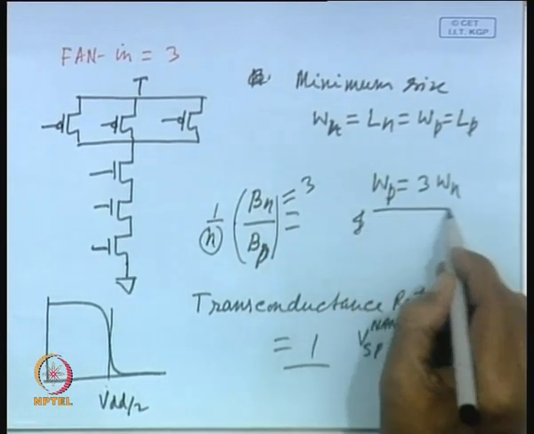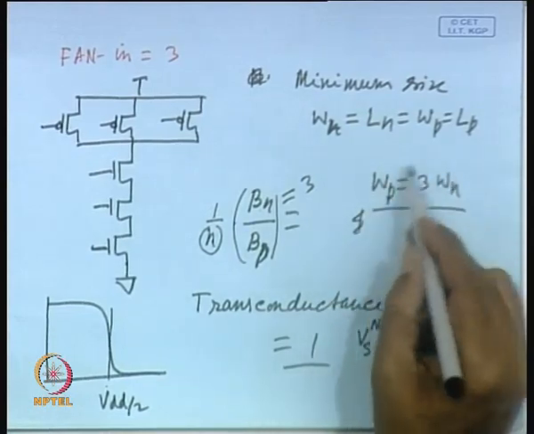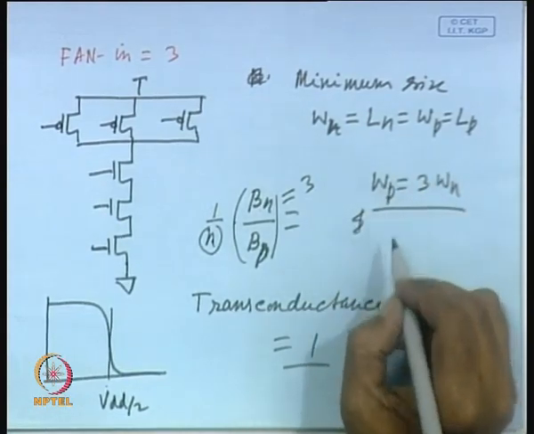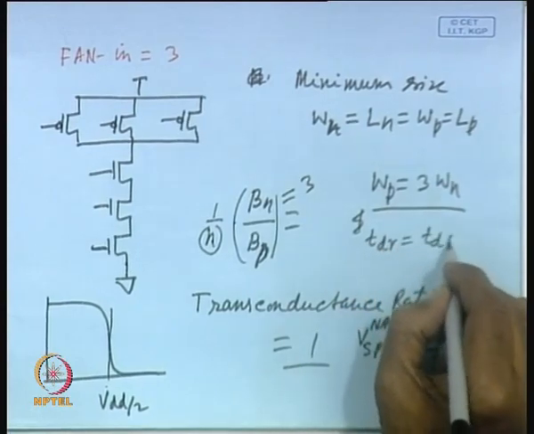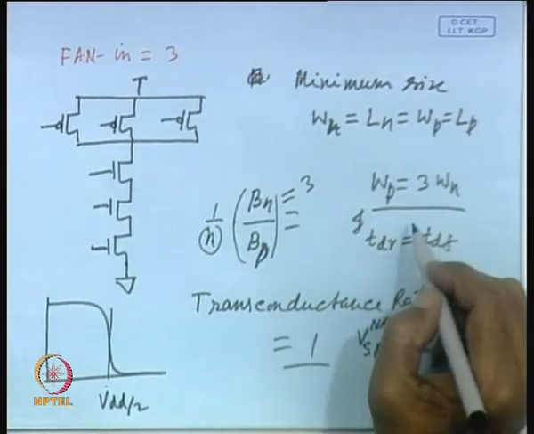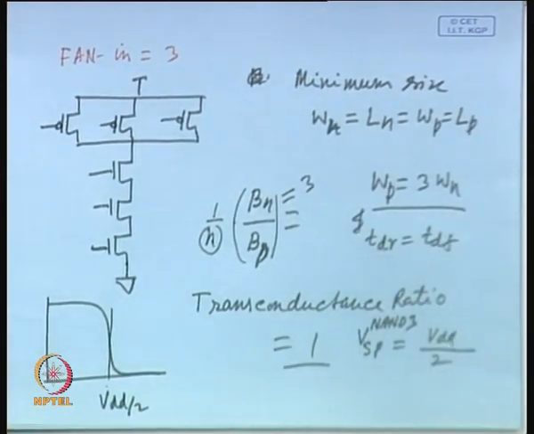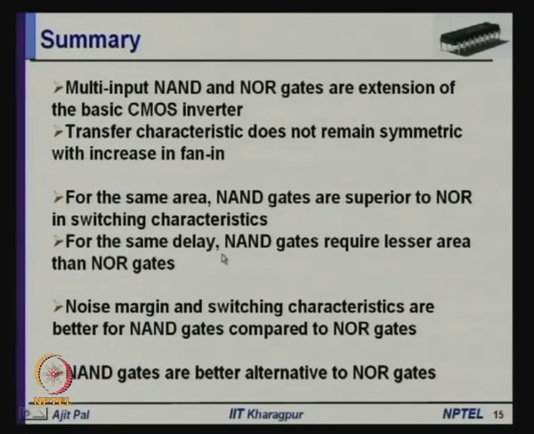So, this is the requirement for equal rise and fall time, so TDR is equal to TDF. If we want this, then this is the requirement, and in such a case the area increases. That is the reason why we can say that for the same delay, NAND gates require less area than NOR gates, and for the same area, NAND gates are superior to NOR gates